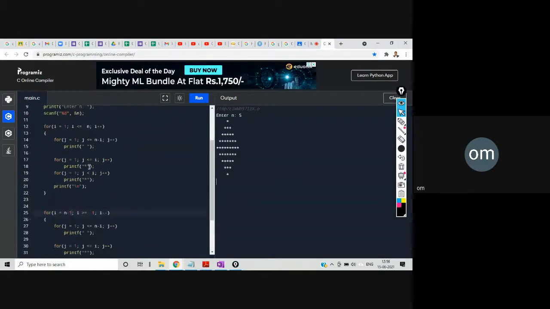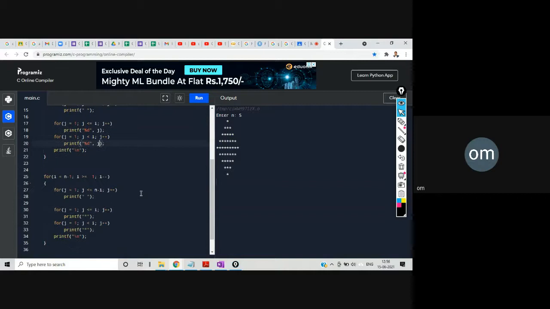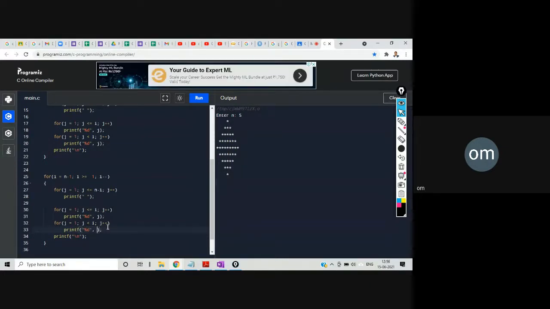Then let's say, just suppose I'm printing in place of star %d j, here also %d j.